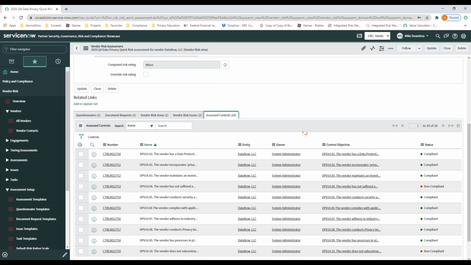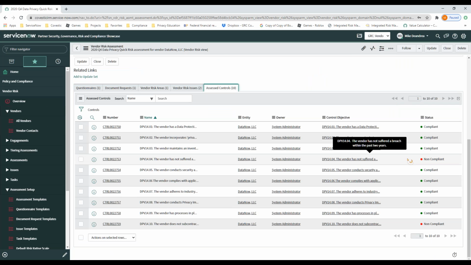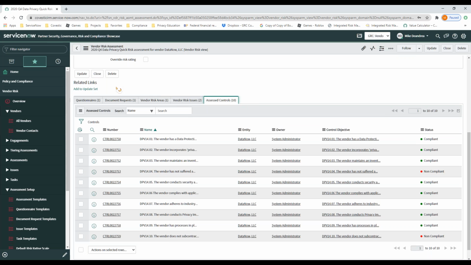And when we finalize the vendor, we have 2 issues open, right? We had those 2 findings, those 2 observations. And so because of that, as soon as we said, okay, let's finalize this assessment, ServiceNow automatically flipped the bit on those controls, indicating that those controls are no longer compliant. So in a nutshell,